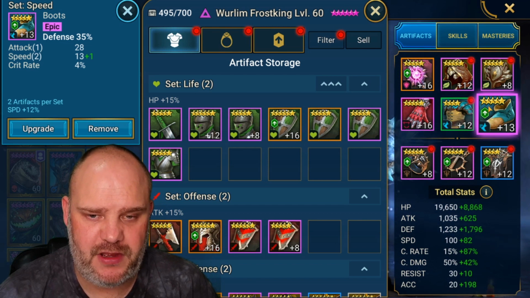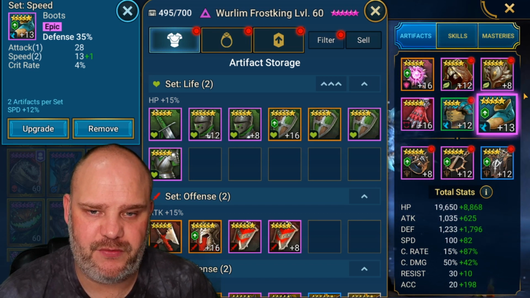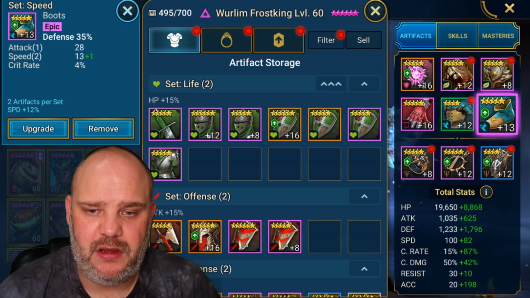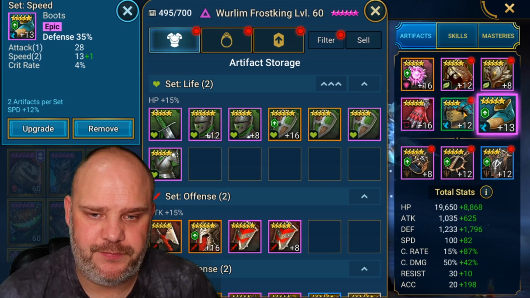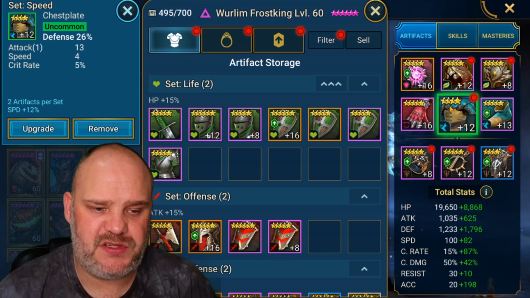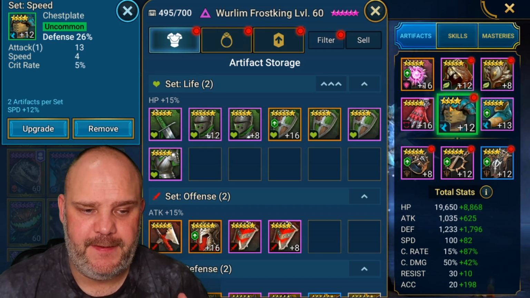It still does alright for him, and obviously I've managed to get defense boots on him, so his defense is really chunkier for that, and I lose quite a lot if I take that off. I did have a look at the option. Obviously I need to roll that up to max as well. Obviously to complete a speed set we've then got a defense chest. I mean, personally with this guy,